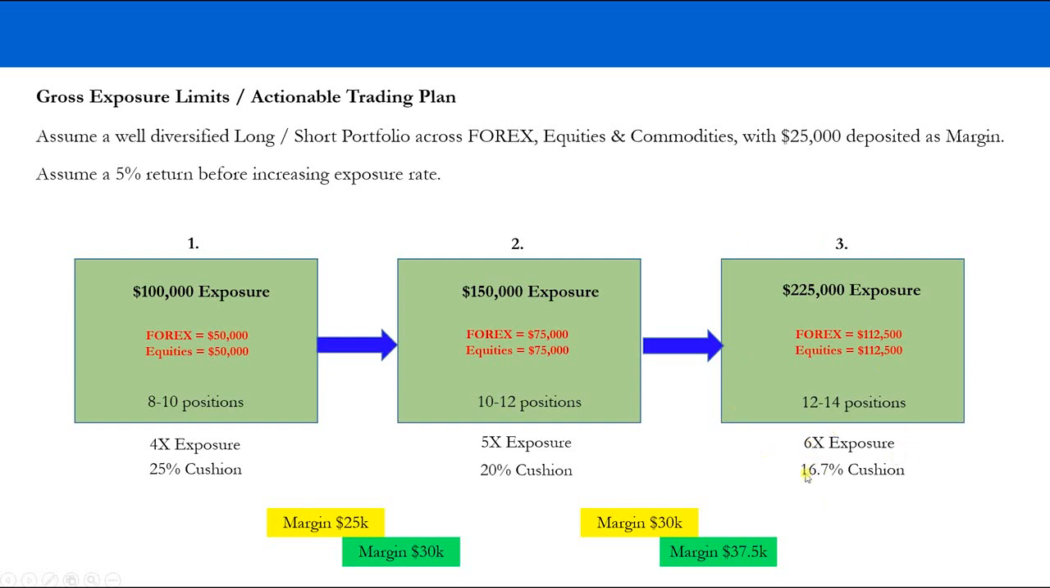So when we get here, we have our 16.7% cushion, but we've actually increased our positions again. Gross exposure of $225,000, Forex $112,500 net exposure to Forex, and net exposure in equities of $112,500 as well. So you can see how this works now. We start off small, we ease our way in as we prove to ourselves that we have the ability to